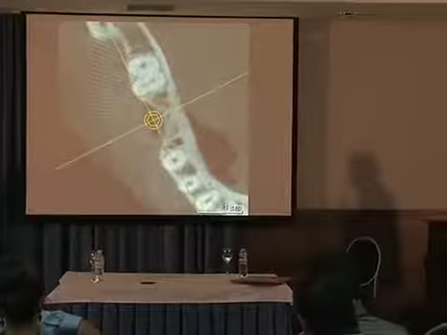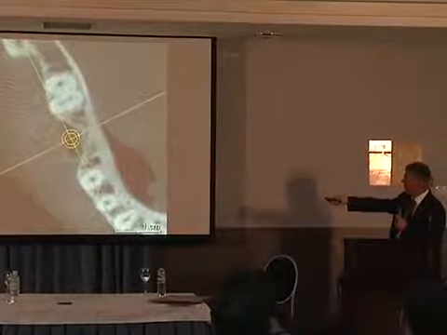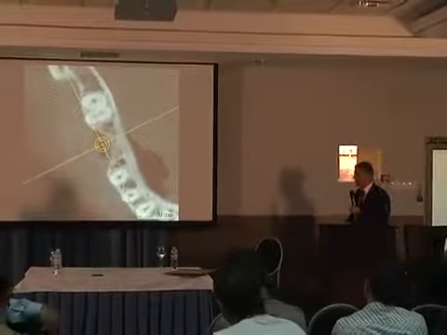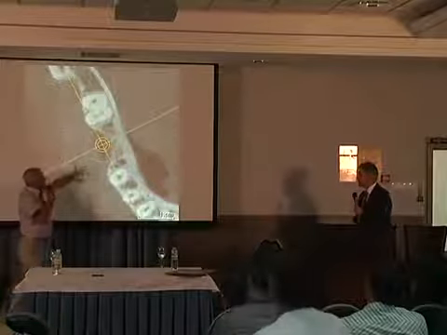On the cross section you see the remaining horizontal bone amount, and what does it mean? На поперечном сечении, на компьютерной томограмме вы увидите, какой имеется дефект костной